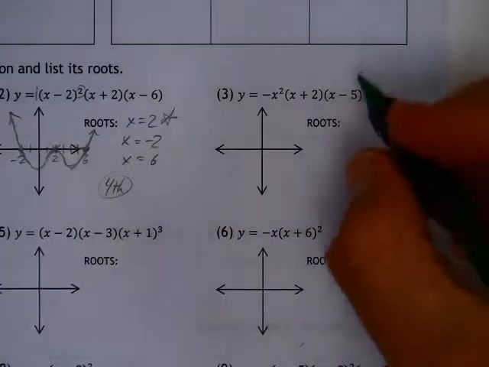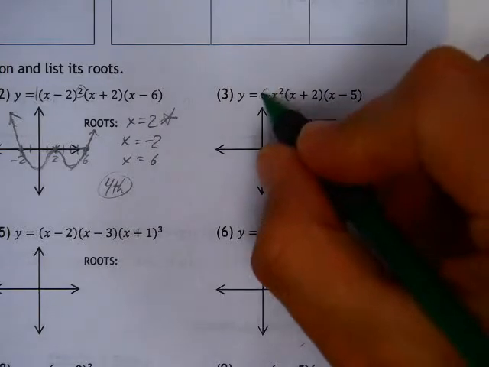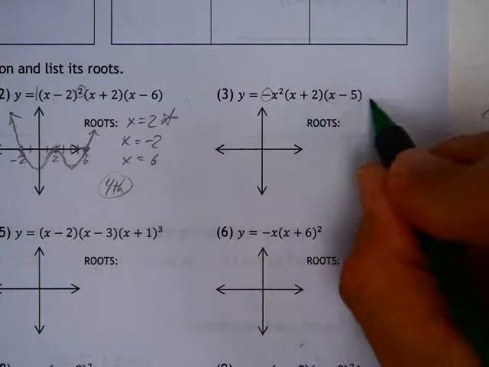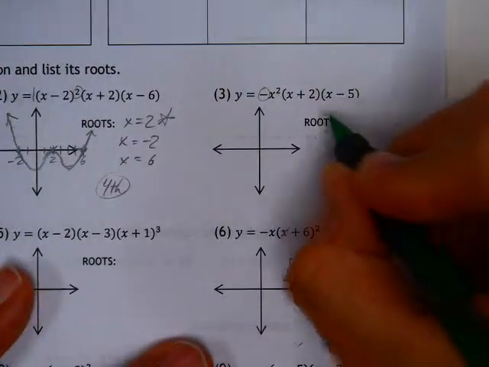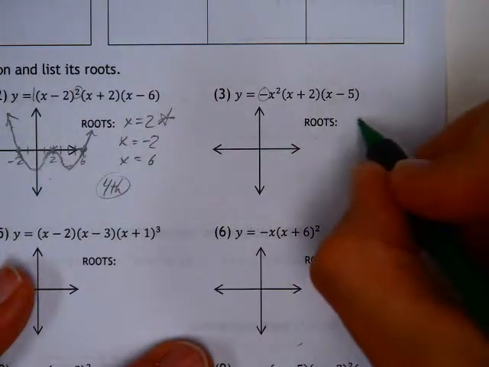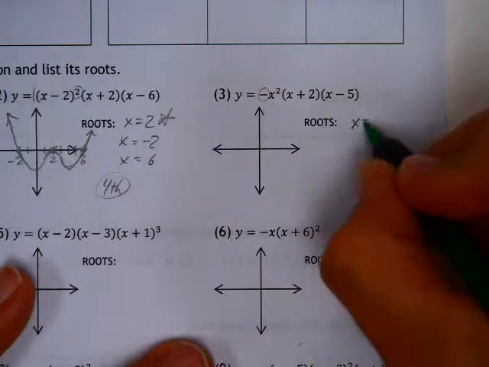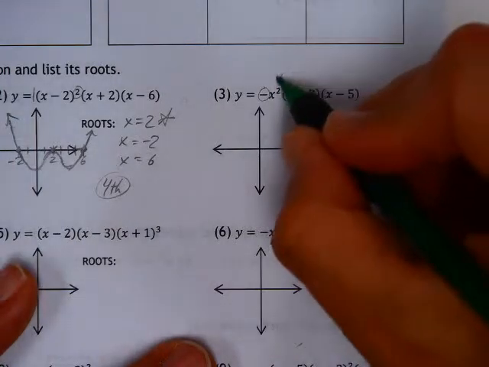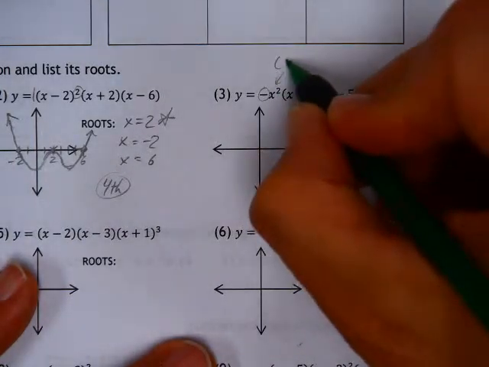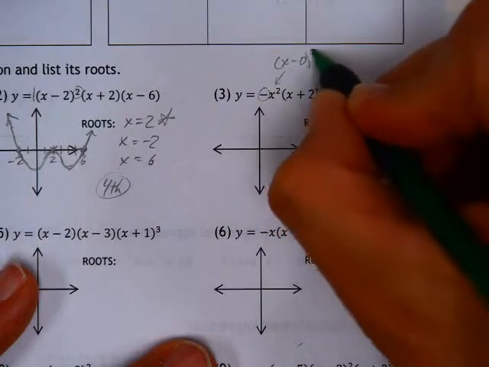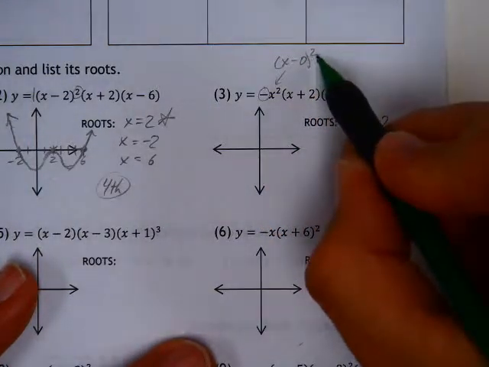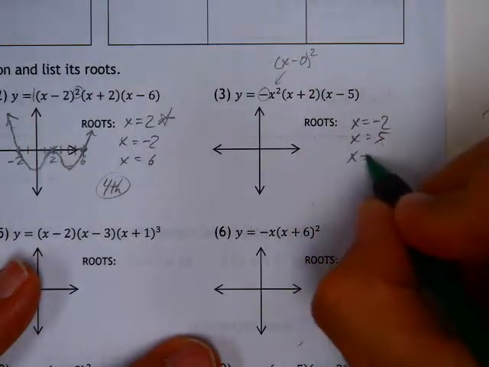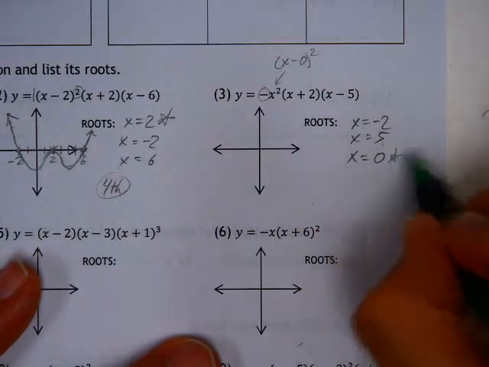This next problem offers our first negative a value here. That changes the end behavior, but it doesn't change any of the roots the way we see them here. So the first root, at least that we would regularly identify, is negative 2. So x equals negative 2 and x equals 5, by the same standard that we've already done. That guy there can also be written as x minus 0 quantity squared. So not only is it a double root, it also has a root at 0. So x equals 0 is another root, but we want to make sure that we acknowledge it as a double